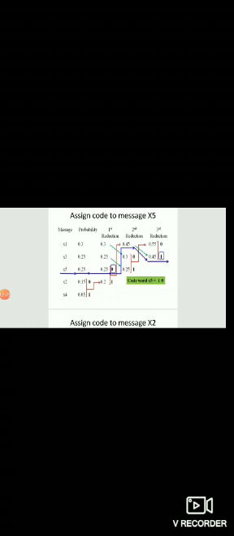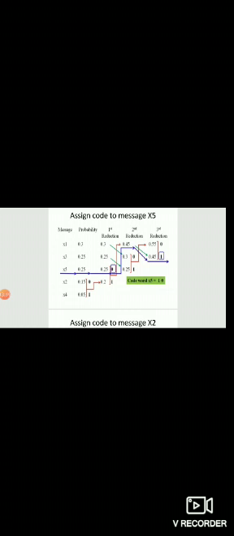Now we have to assign the code to message x5. Again we have to start from the right side. On the right side, this tracing path at the third reduction is 0.45, having a code 1. That's why the first symbol of this code word will be 1. And for the next symbol we have to trace the path from right to left, backward.